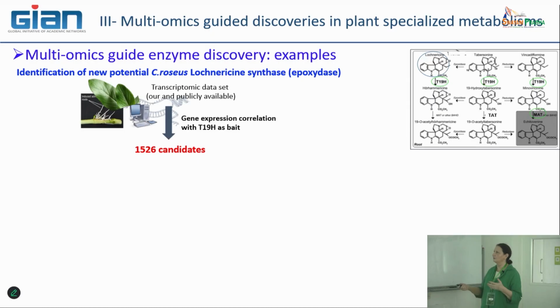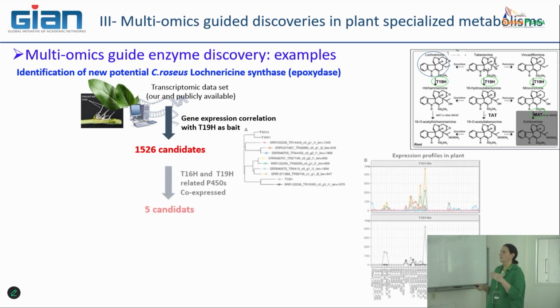And you see here, if we apply exactly the same strategy as we applied before, we have not only 5 candidates, but a very large number of candidates. It was 1,526 candidates. So it was impossible to test each candidate to see which one could be the best one. So this is why we applied a new co-expression analysis